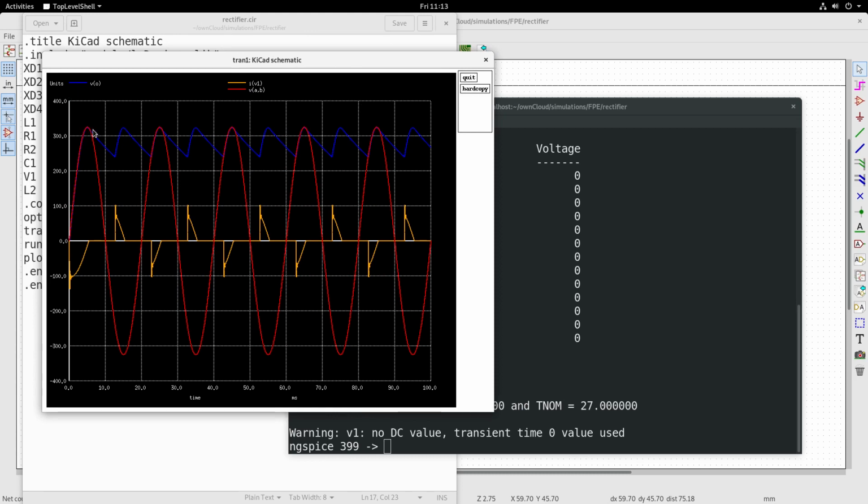So the blue line is the output waveform. You have the ripple. You can see that it follows the way we have discussed. The theoretical calculations that we have done, you can check it out. So you will see, let me probably expand this. You will see here